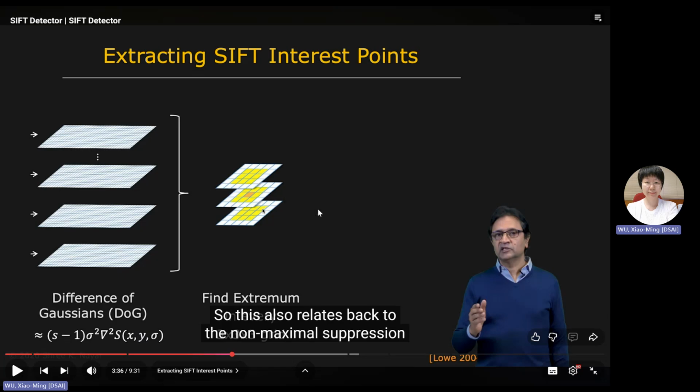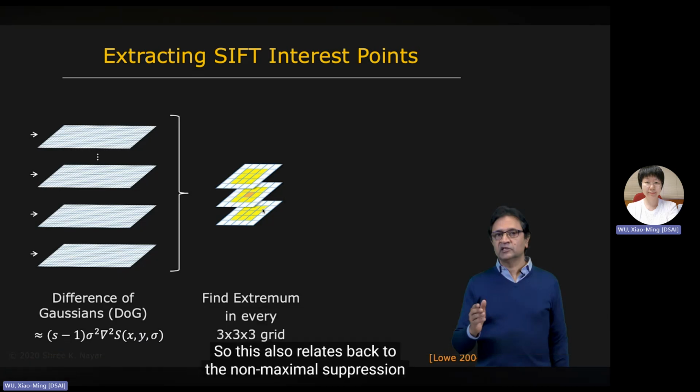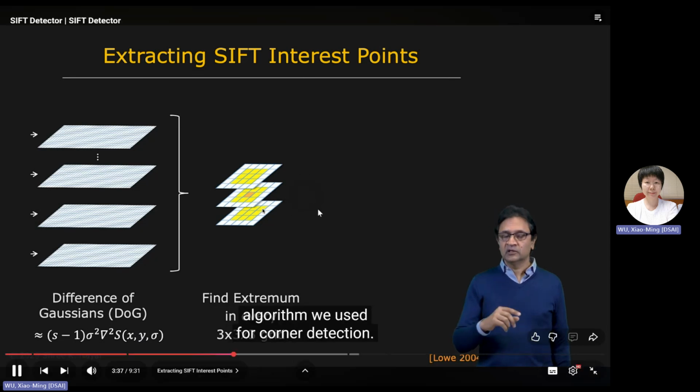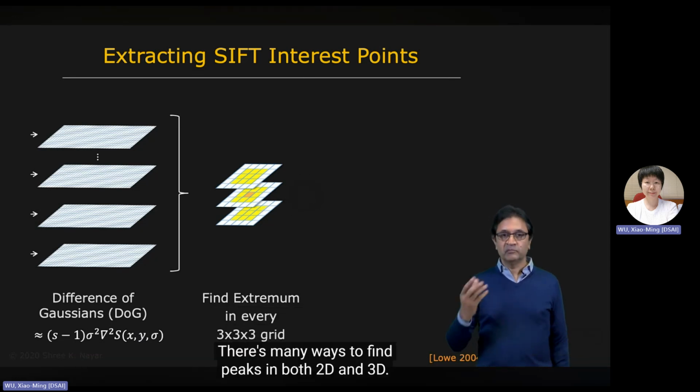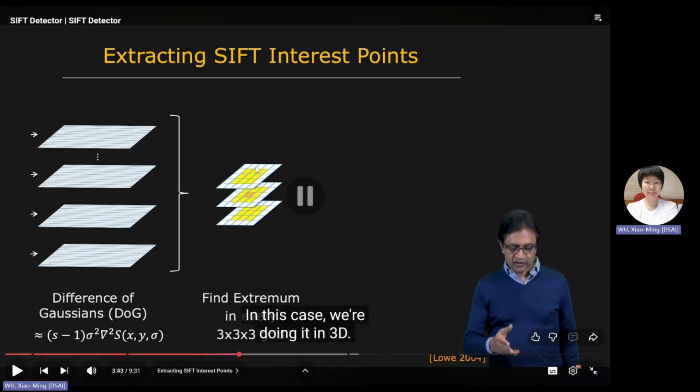If it is, it's the center of some type of blob. It's the same kind of algorithm we use for corner detection. There are many ways to find peaks in both 2D and 3D. So this is to find peaks in 3D. We find the extrema in 3D